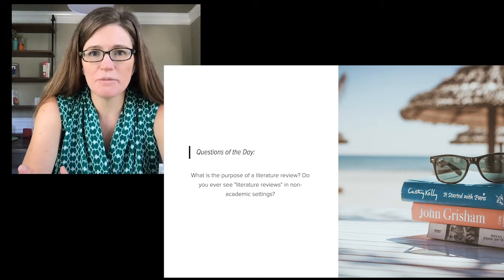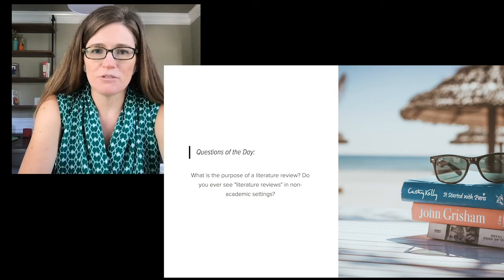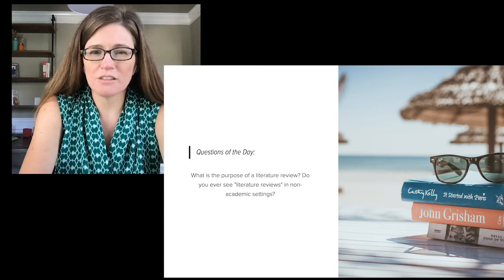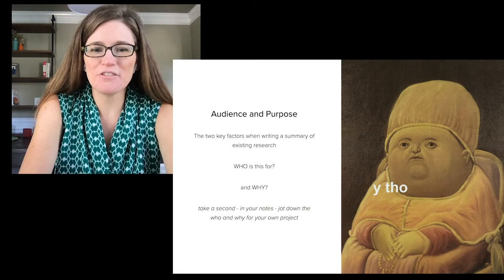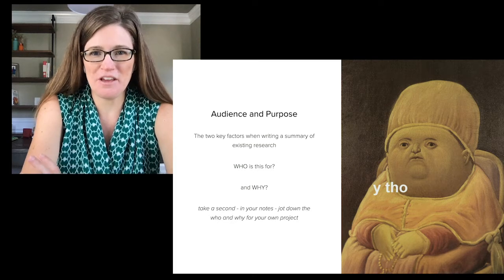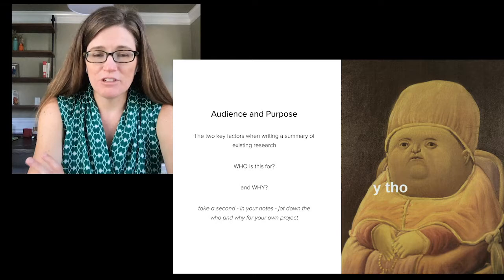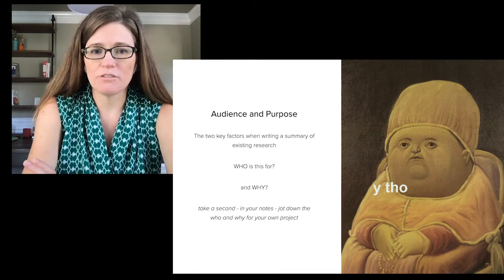So you do see elements of these, no matter what profession you go into here in the School of Communication and Media. So in today's lecture, what we're going to do is talk about choosing the best sources for your lit review, and also how to be patient with searching, because sometimes it can be very hard. The one thing that you really start off thinking about are your audience and purpose of this research in general, but also specifically for the next 2 weeks in this class, your literature review.